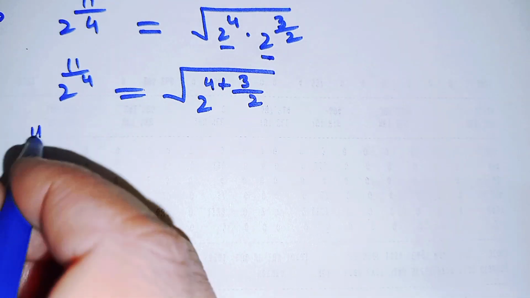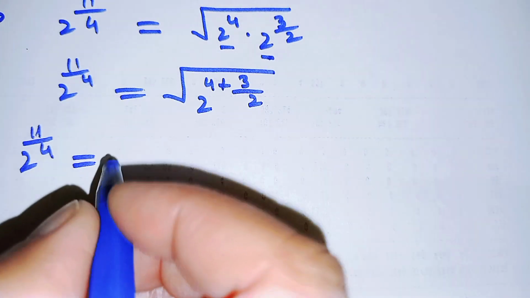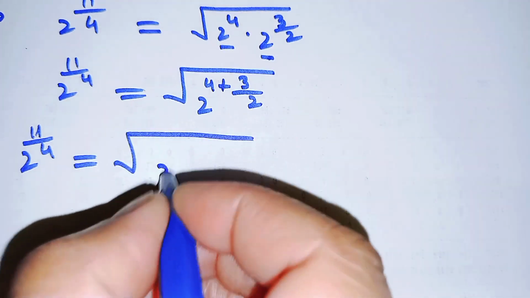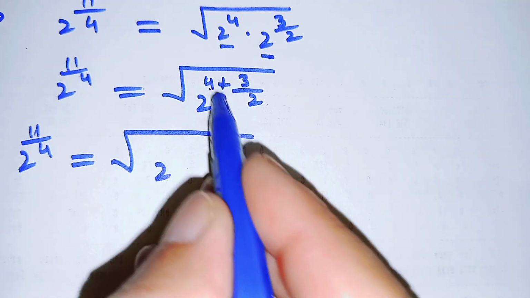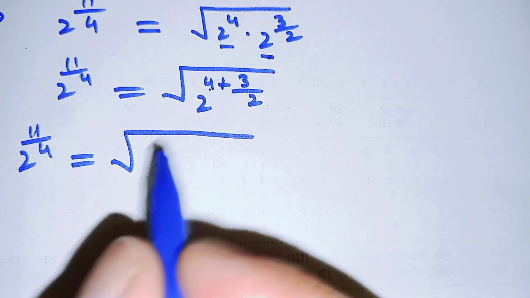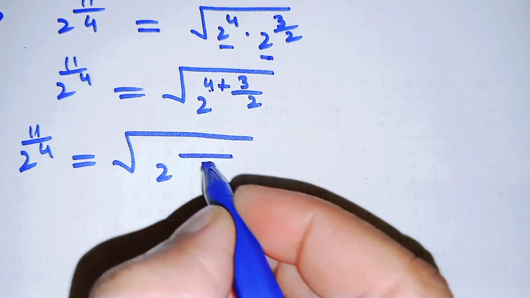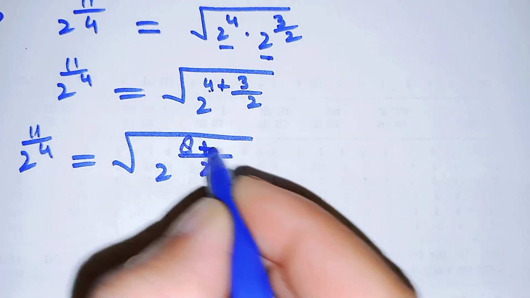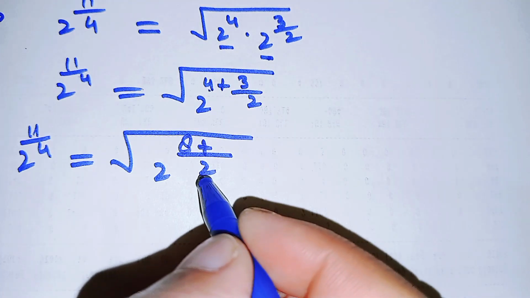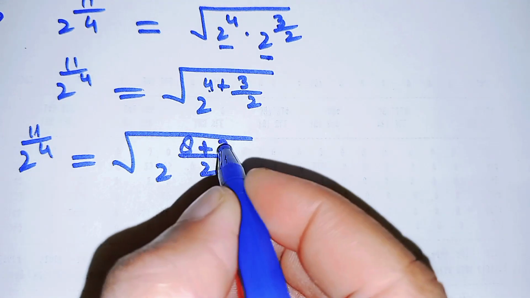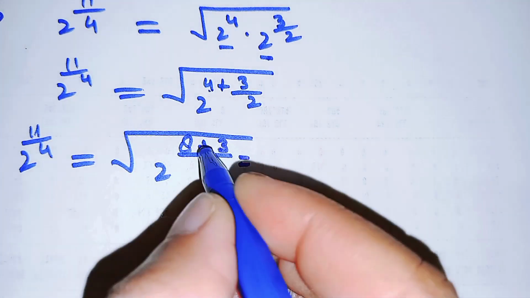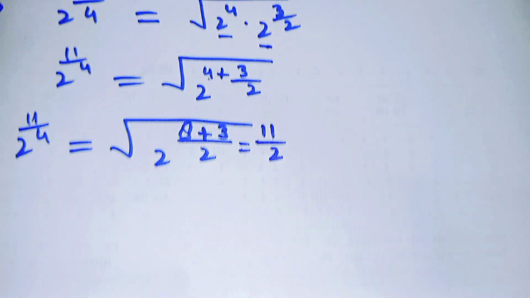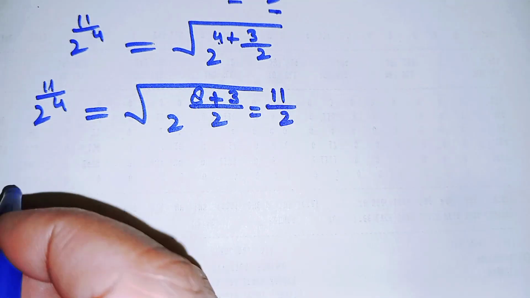to the power of 11 over 4 is equal to square root of 2, and then here we take LCM in these. So this 2 is here and 2 4s are 8, and then plus this 2 1s are 2 and 3 is the 3, and is equal to 11 over 2. So this